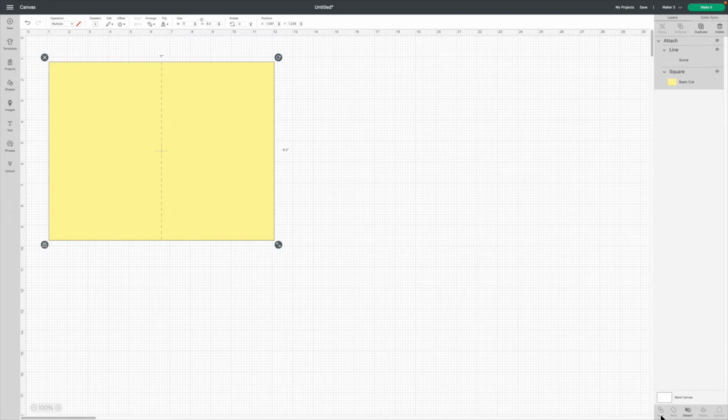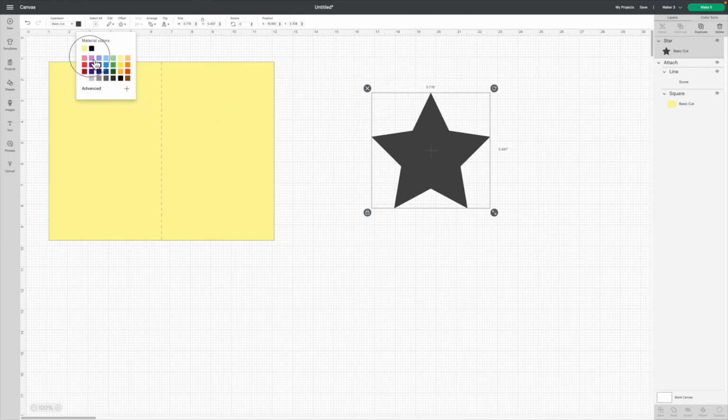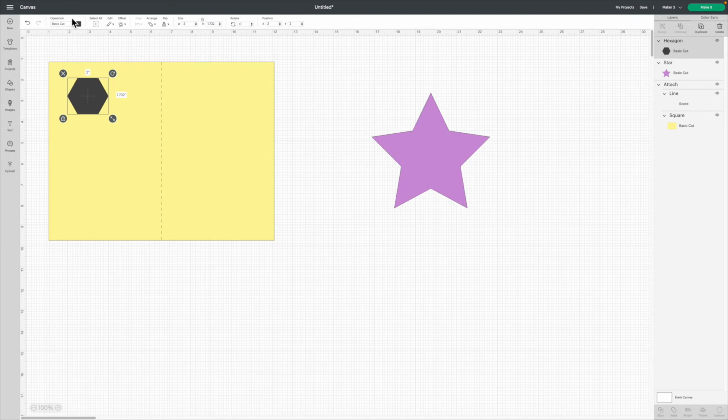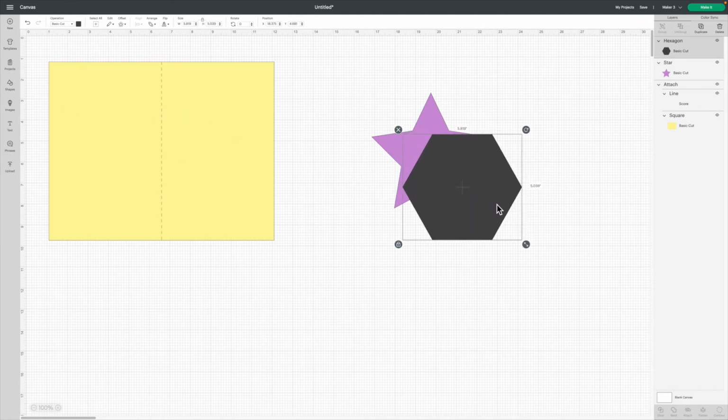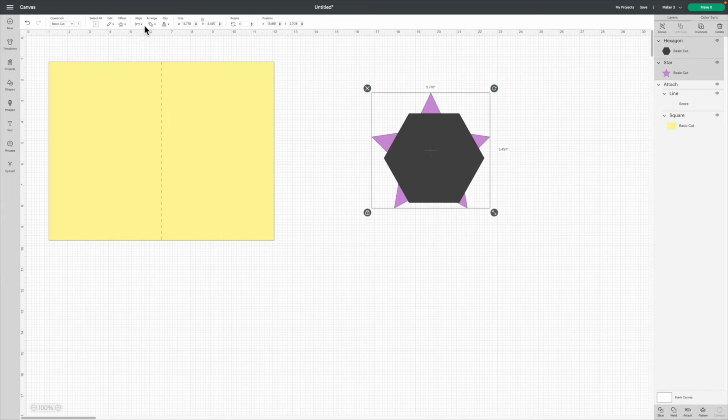A brief note, you may have noticed the Weld button down at the bottom next to the Attach button. This does something similar to attaching, but it's very different in how it handles cut lines. Let me show you a quick example. I will take a star shape, let's bring it over here, make it a little bigger, turn it a color. Okay. Then we will take another shape and bring it over here, make it a little bigger or a little smaller. And I'm actually, for fun, I will use that tool that aligns it. Clickety, align the center vertically and horizontally.